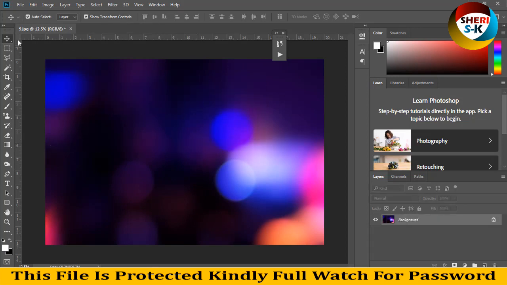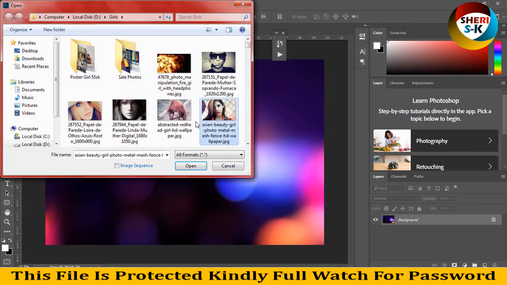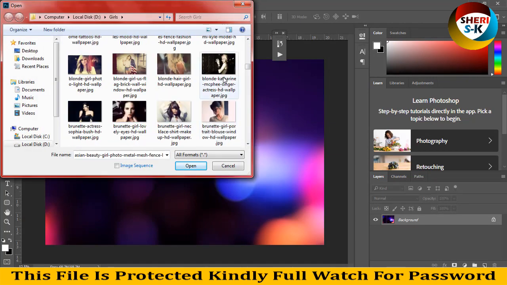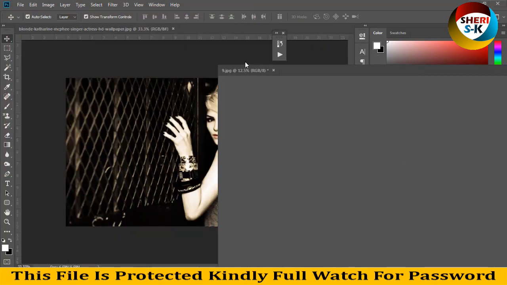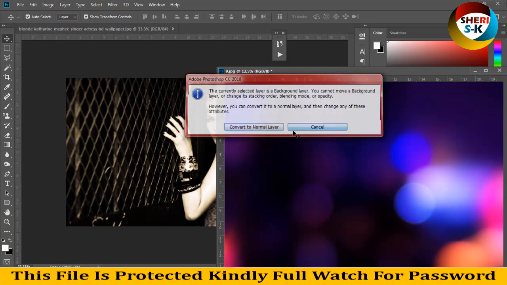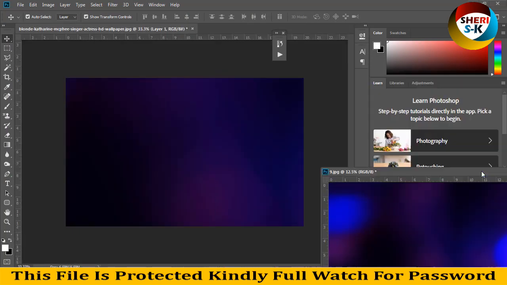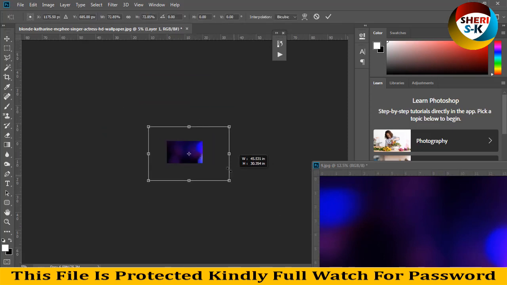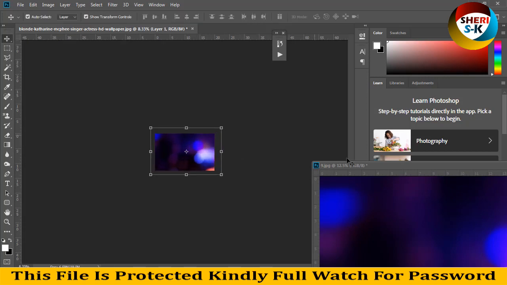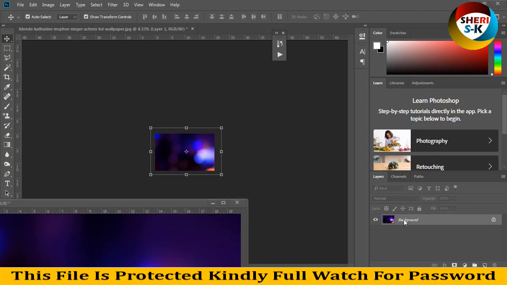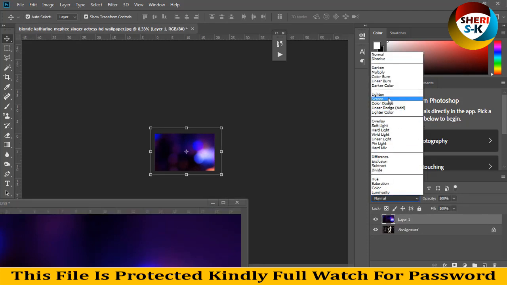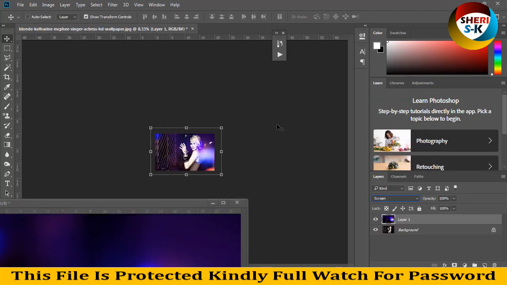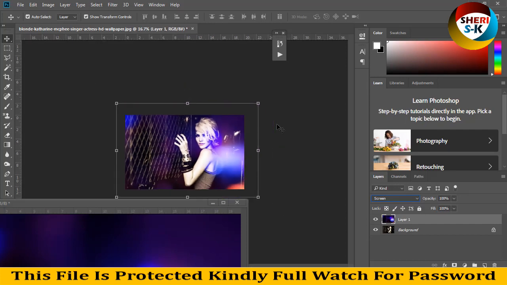So I delete this text and open any other photo, for example like this one here, and drag. Wow, these are large. Enter, and press on screen. You see here, wow,